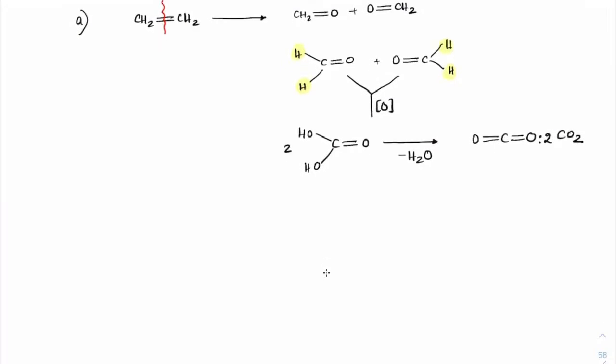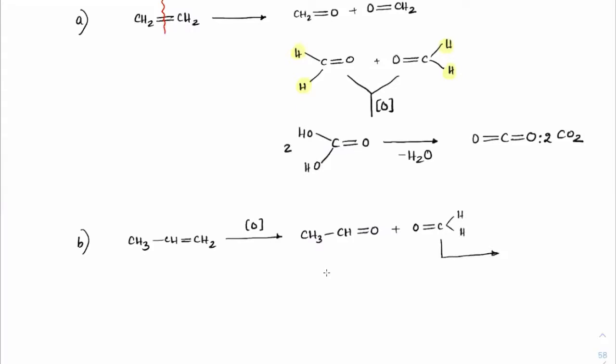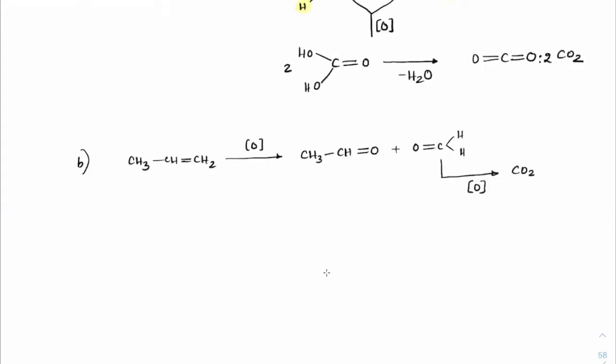See the next case. Suppose you have CH3, CH double bond CH2. Again, I'm doing an oxidation here. What is the first thing we'll do? We'll break the bond. CH3, CH will give typically one double bond O here and one double bond O here with H and H. We just learned, we don't have to keep doing it again and again. As long as we have hydrogens, they will all get oxidized and finally they will form carbon dioxide. So we learned it will undergo to carbon dioxide.